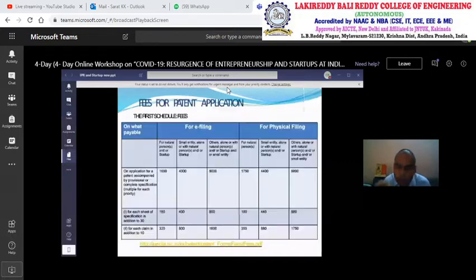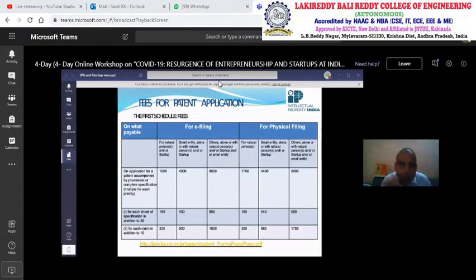Now why I am saying this is, our government is just charging some application fee. They are asking for some nominal fee from you to process your filing. For e-filing, we are getting 10% less amount as compared to physical filing. For e-filing, for a natural person or startup, if you are